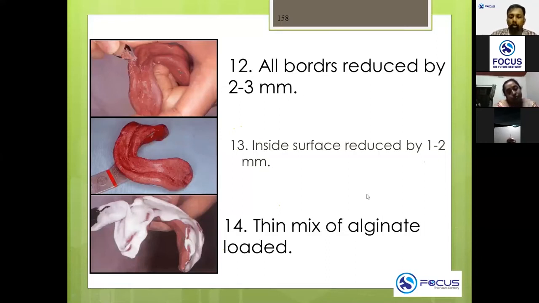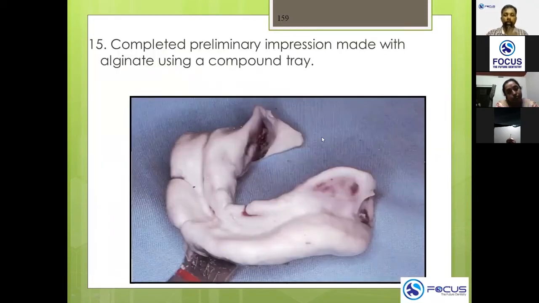No, we don't use plaster of Paris nowadays. We never use plaster of Paris nowadays because it is messy and difficult to handle, and retrieval is also very difficult without fracturing the impression material. So again, if you have to line the impression compound with alginate, that can also be done. The primary impression in impression compound can be lined with alginate also.